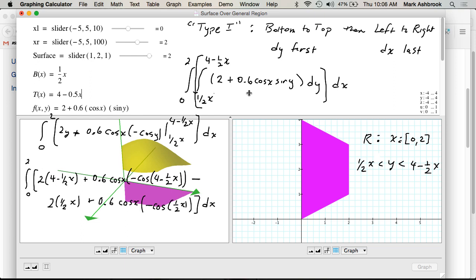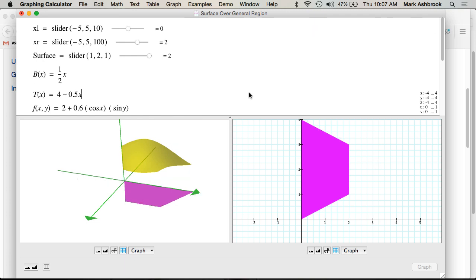Or actually, let's do an easier one together here. Okay, any questions on that example? So let's do, here's a good one. So we'll do from,